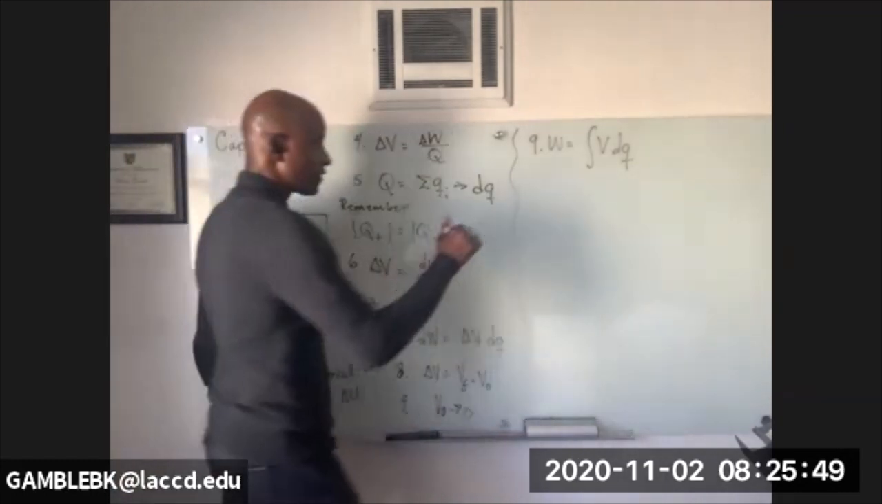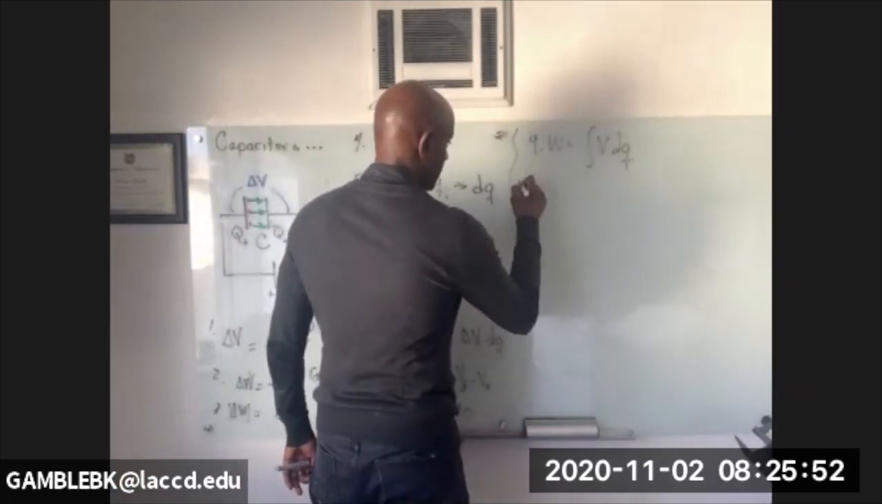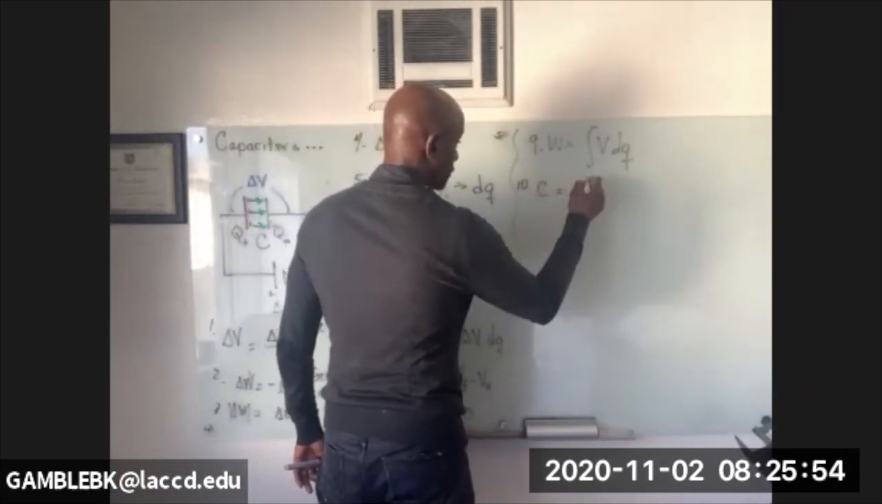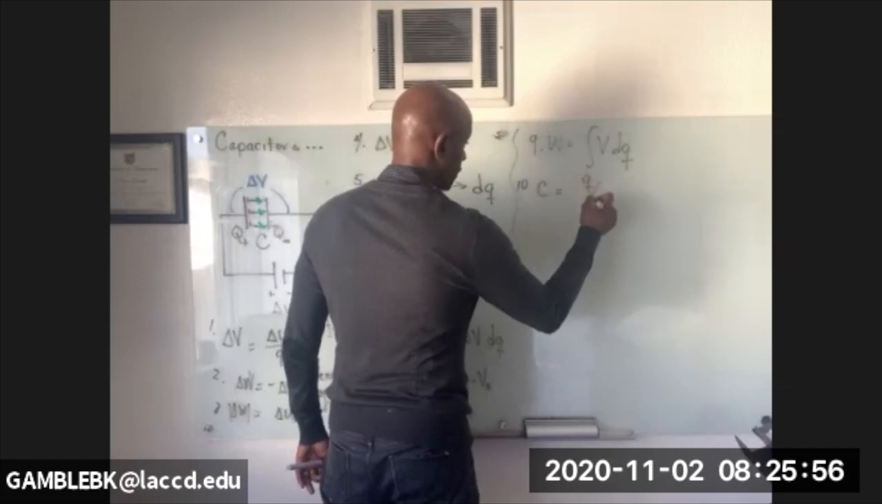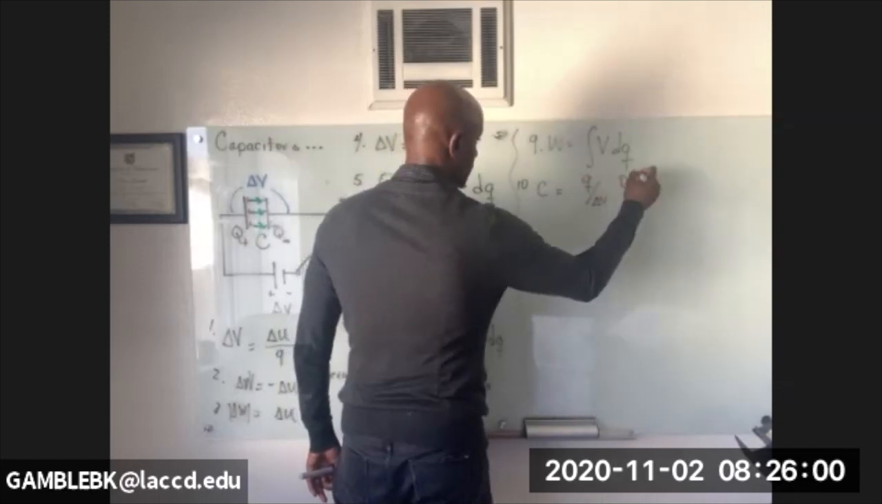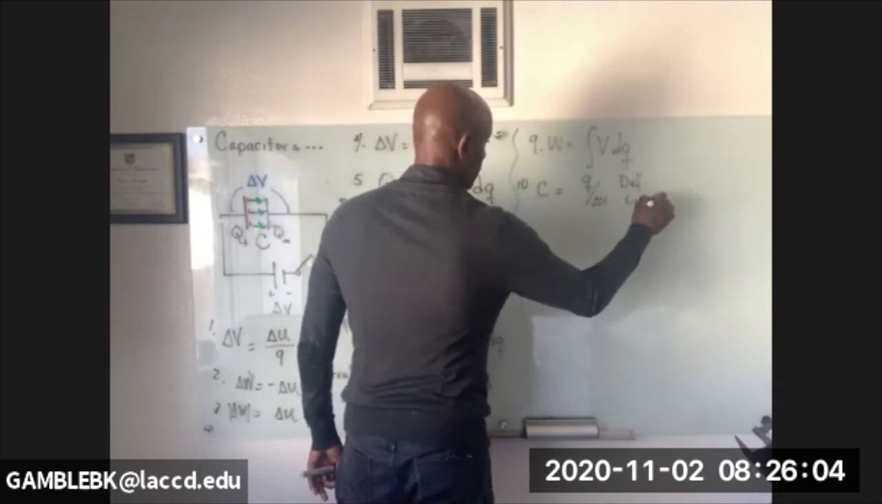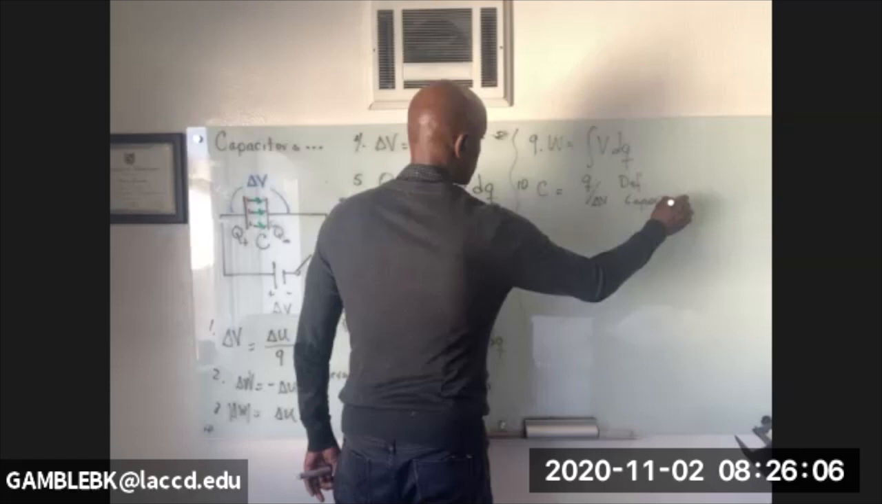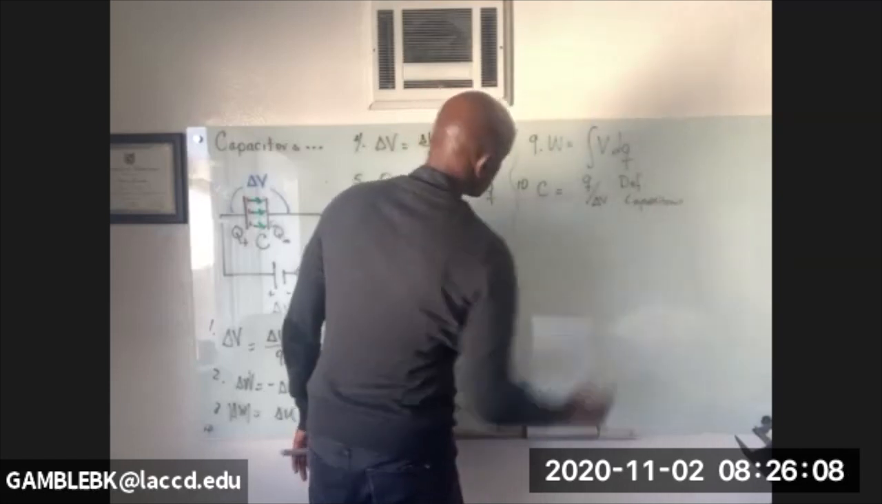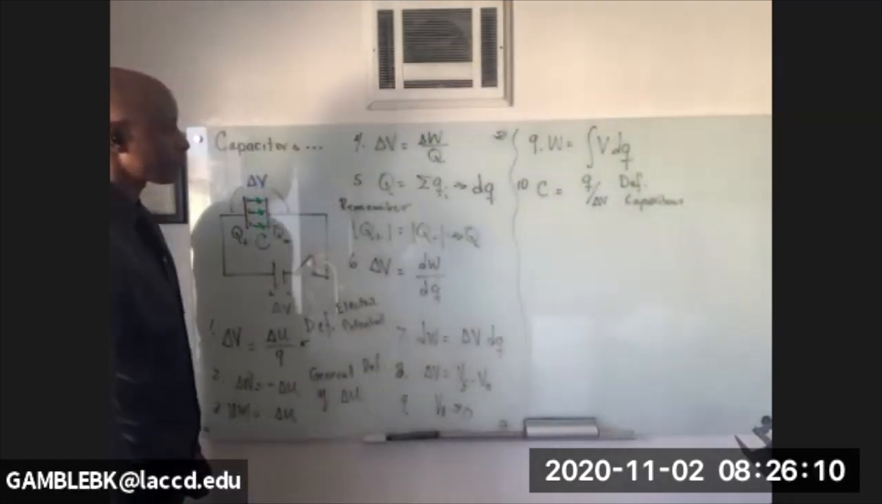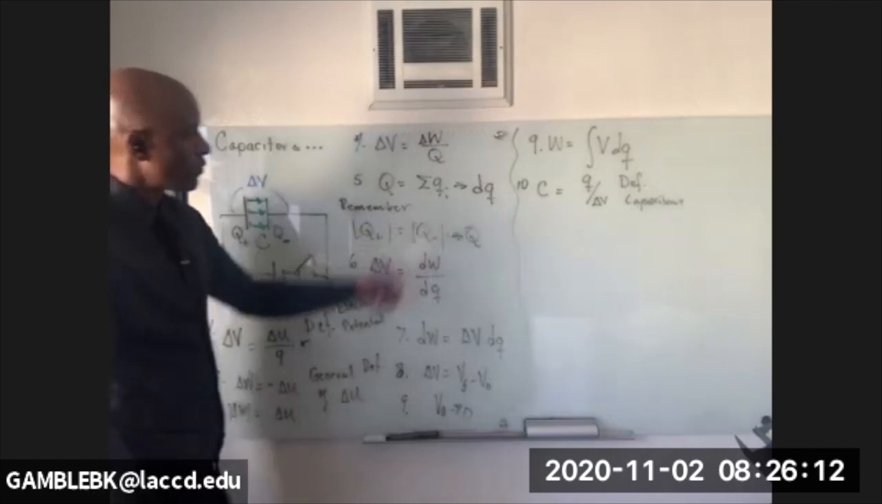And now we can do the definition of capacitance. Remember, capacitance is defined as charge per unit voltage, delta V. Now, definition of capacitance. That's what I get for doing this without looking at my notes. Little mistakes like that. And so from 10,